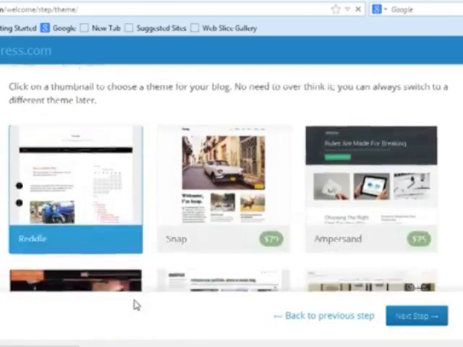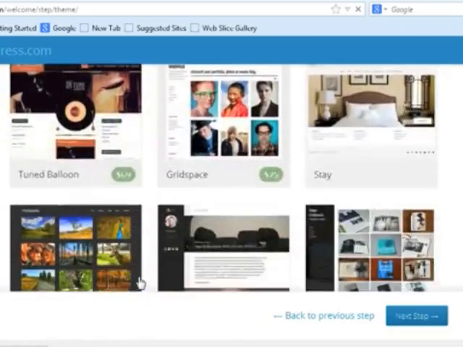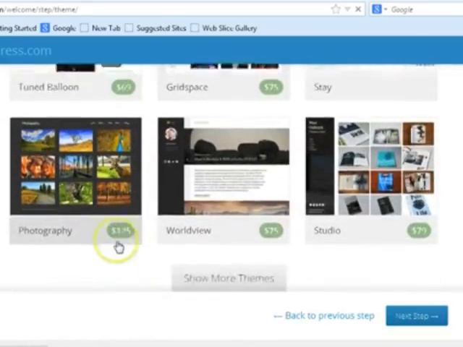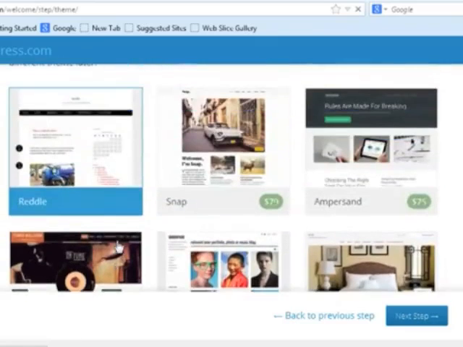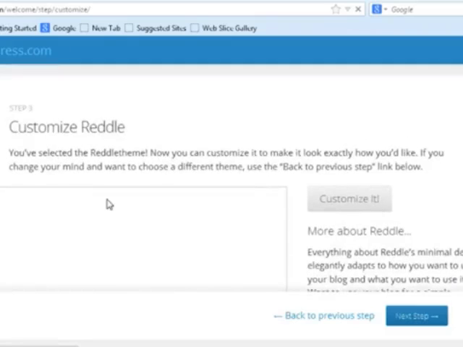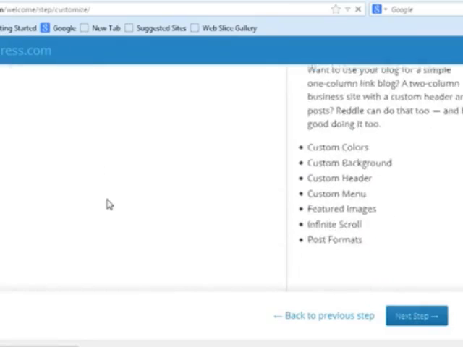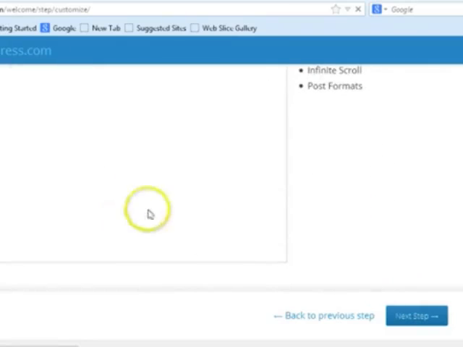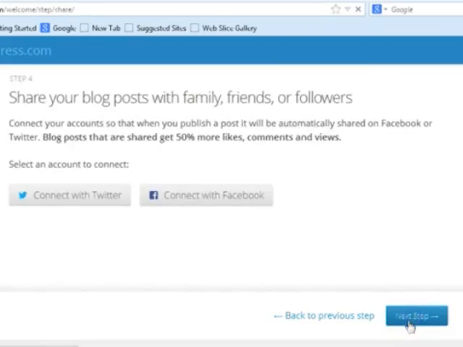You can now choose a theme that is available. We are not going to customize our theme, therefore we will click on Next Step.